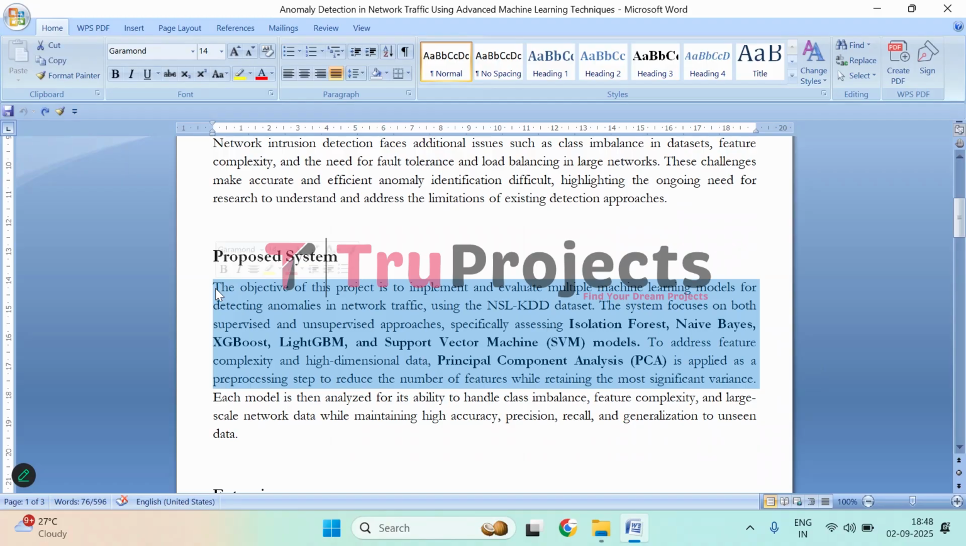So, the objective of this project is to detect anomalies in network traffic by implementing and evaluating multiple machine learning models using the NSL-KDD dataset. Both supervised and unsupervised approaches are explored here, focusing on models such as Isolation Forest, Naive Bayes, XGBoost, LightGBM,